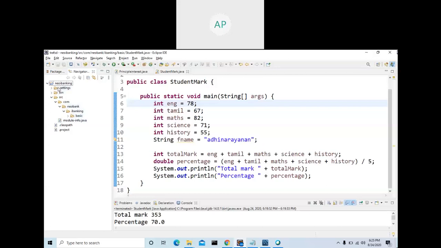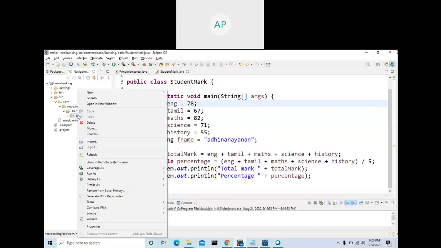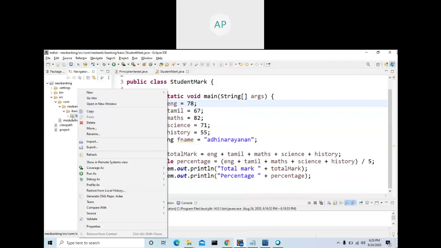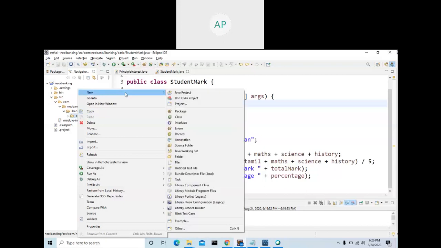This is the project, and inside the project I'm going to create one Java file. Right click, new. Don't worry about this, you will get it in my Java training part 1 video.